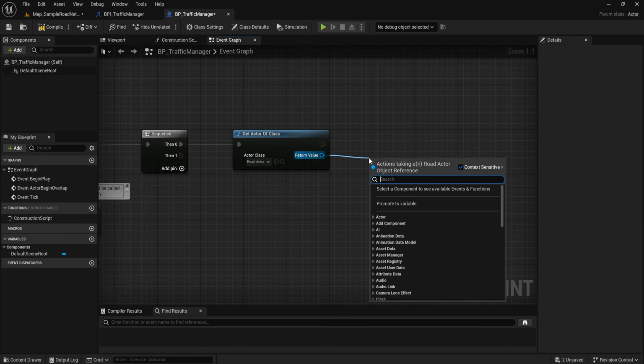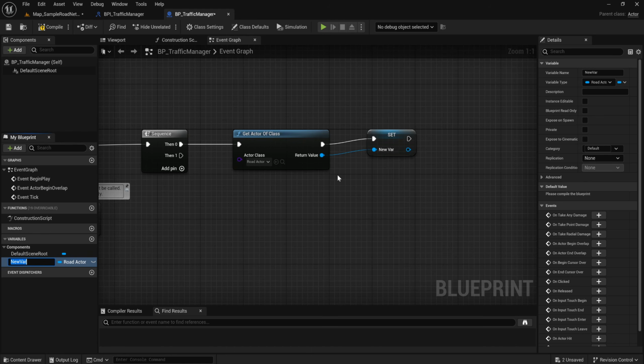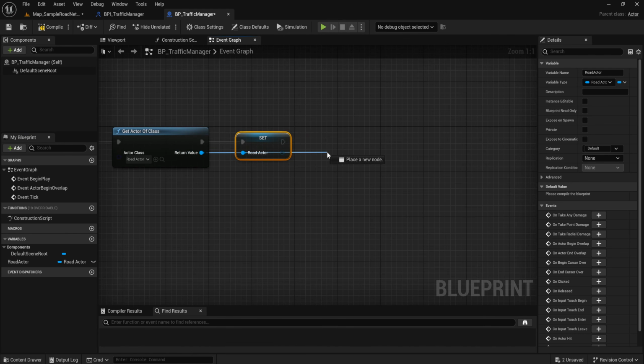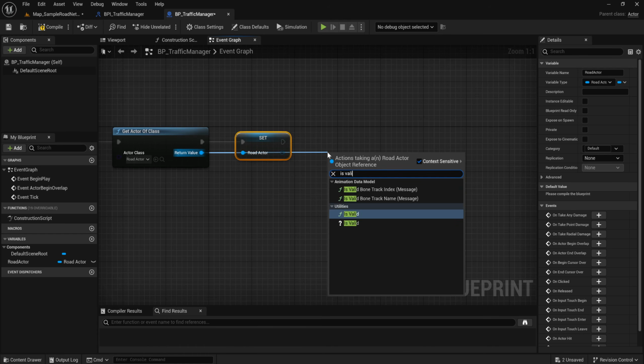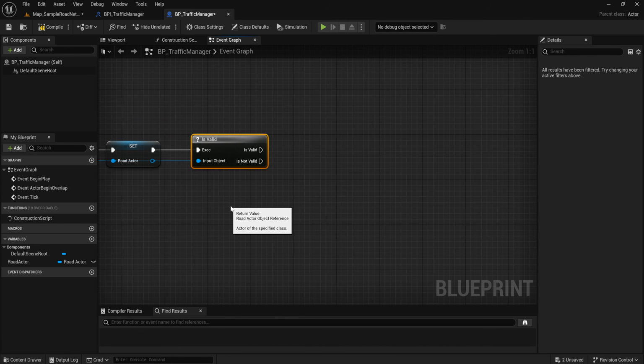And then promote to variable road actor. Is valid? If it's valid, we